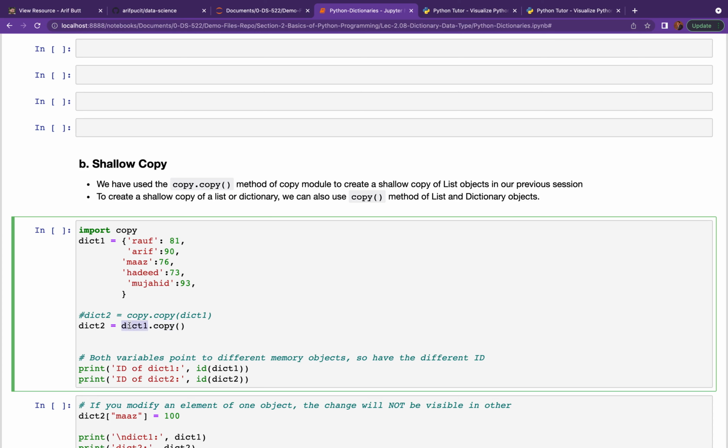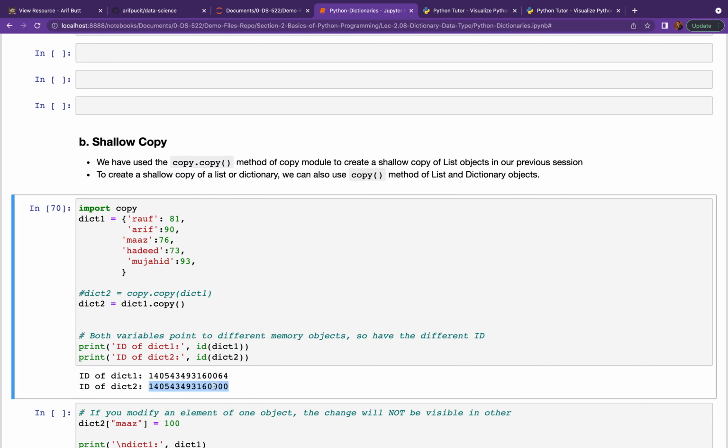So I am saying perform a shallow copy of this dictionary object and assign it to this reference dict2. So in this case, once we see the addresses of these two references, that is dict1 and dict2, they will be having different IDs because there will be two different dictionary objects inside the memory.